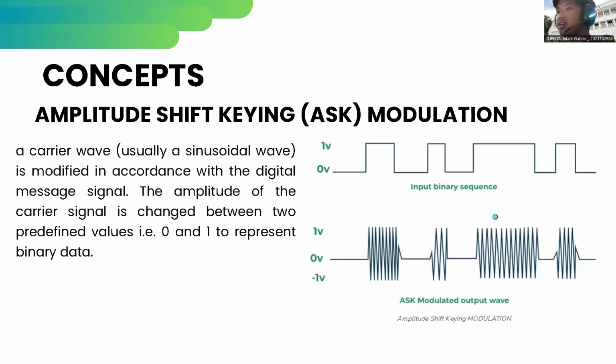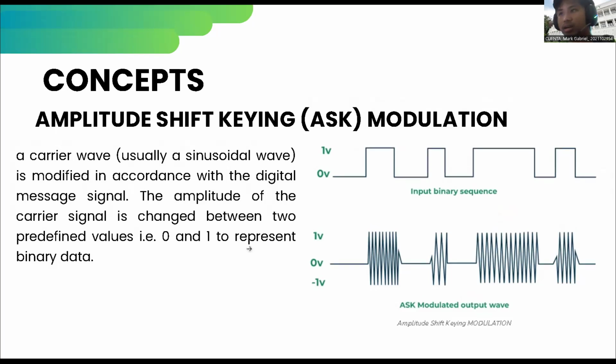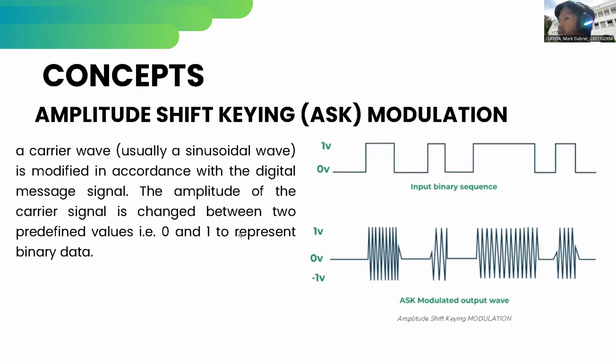Next, ASK modulation in detail. The picture on the right side shows the binary input signal together with the ASK modulated waveform. The graph demonstrates that whenever the binary input becomes 1, the carrier signal is present, while for binary 0, the carrier signal disappears. This illustrates how digital data is transmitted through amplitude changes, as I explained earlier.